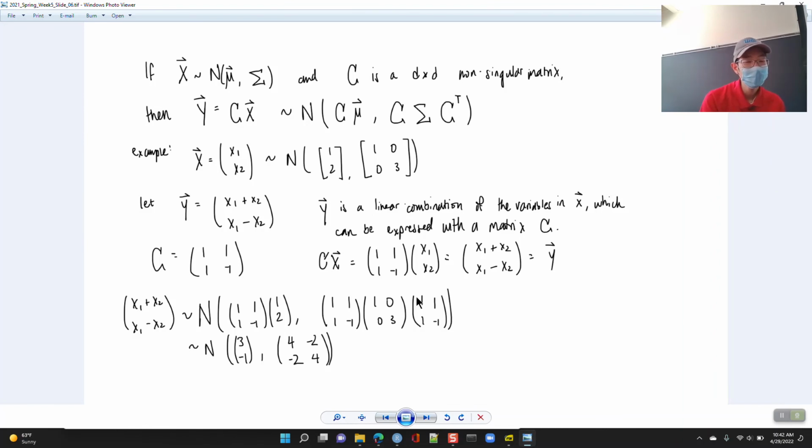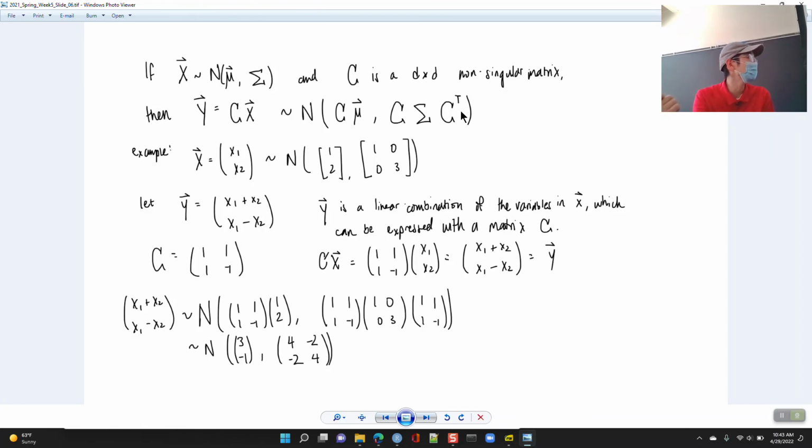If you take some vector that follows a multivariate normal distribution, and then you multiply it by a matrix, so kind of like scaling your values, okay? If you think of multiplying a matrix as doing some kind of rotation or scaling of the vectors, then the resulting thing will also be normally distributed. So if we say y is the product of some matrix C times x, then the resulting values y will follow a normal distribution with mean C times mu, and the variance,